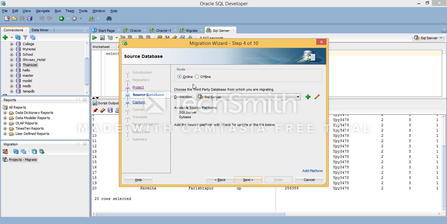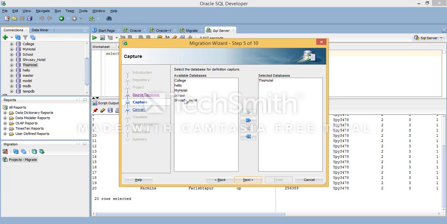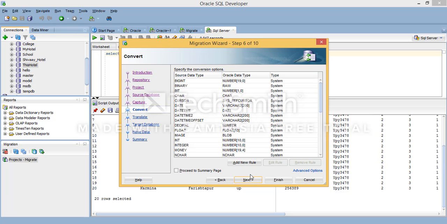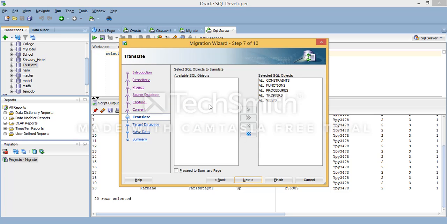Okay, next choose the third party database, this one. My this hotel is in here, so maybe like this, you can add this. Okay, next, add new rule. You don't need to add rules, because it is already set, so you don't need to do anything here.